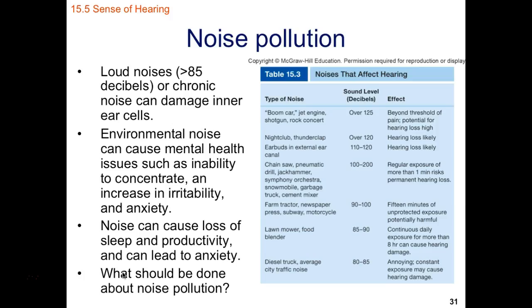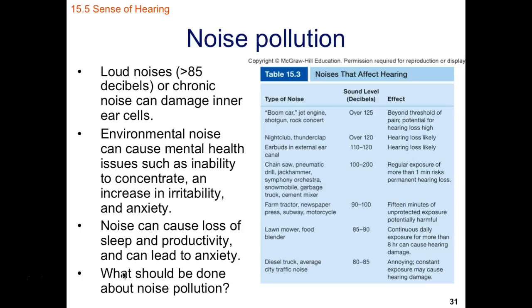Okay, so noise pollution. Most of us have been around some type of noise pollution, whether it's in a loud concert or a loud boom or fireworks on the 4th of July, within a nightclub, on a farm, or a chainsaw. Any of those counts as noise pollution. So that's going to be any loud noise that's over 85 decibels or chronic noise that can damage inner ear cells. And we have environmental noise that can cause mental health issues such as inability to concentrate, an increase in